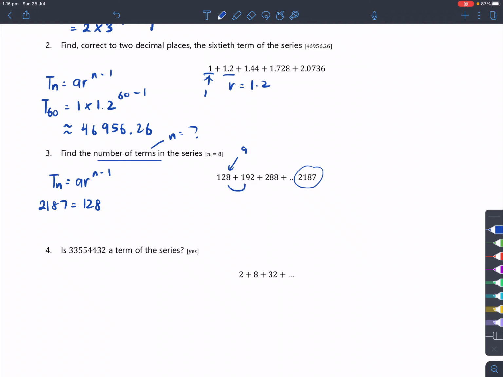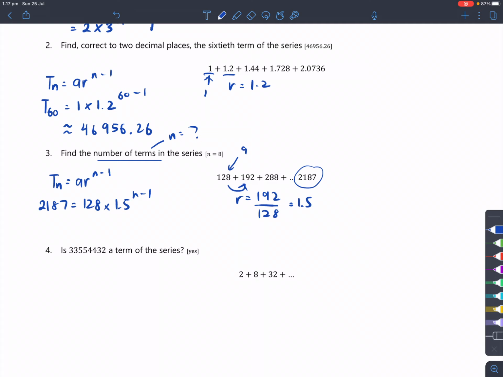But the ratio here is going to be 192 divided by 128. So let's see what that is. 1.5. So we'll have times 1.5 here in this instance. Then to the power of n minus 1. We'll divide the 128 over to the other side. So that 2187 divided by 128 is going to give us,